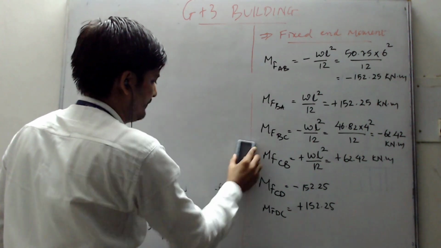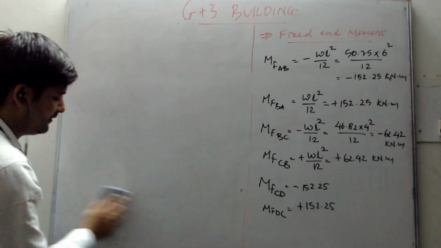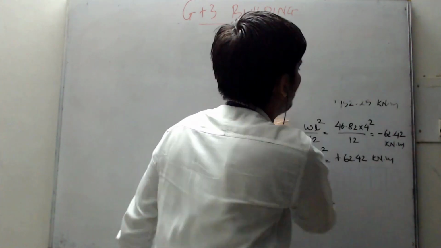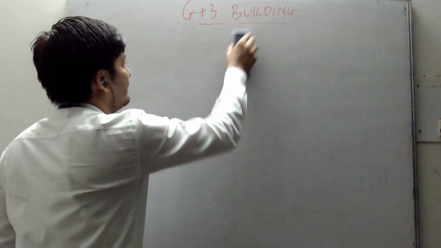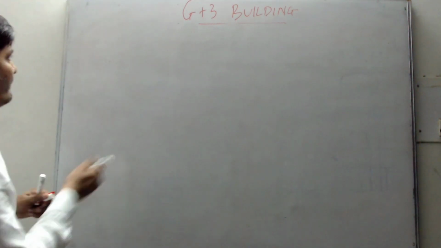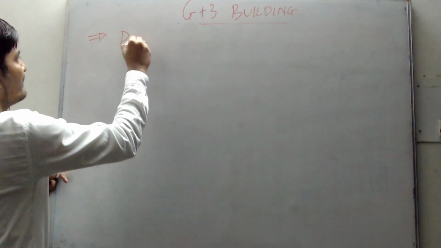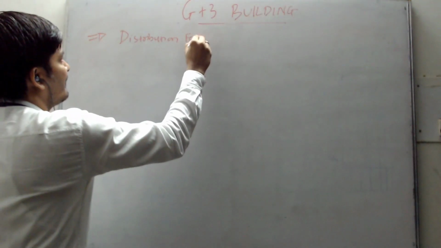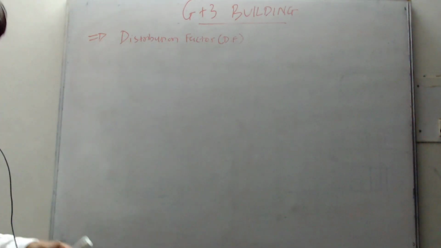So today we are going to find out fixed end moments using moment distribution method. So this is the process which is to be followed to find out the fixed end moments. We require these values of fixed end moments to solve using the moment distribution method. Fixed end moment is already found out, then we found out distribution factor. Most of you will be knowing it as DF, right? Distribution factor or DF.